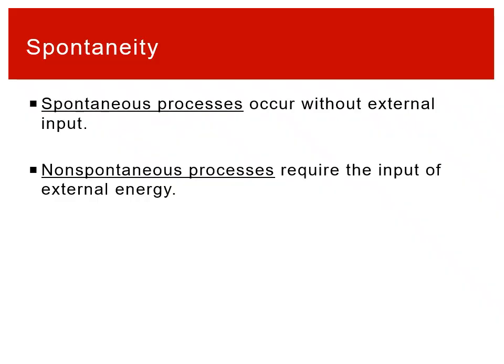So basically this would be a change that you don't need to cause to happen. It just does. Whereas a non-spontaneous process doesn't happen. An example of a spontaneous process would be if you let go of a book, it falls. A non-spontaneous process would be, like, the computer you're watching this on isn't going to spontaneously leap up from the desk, right? It's not going to jump on its own. You could lift it, you could make it change, but it's not going to do it on its own.